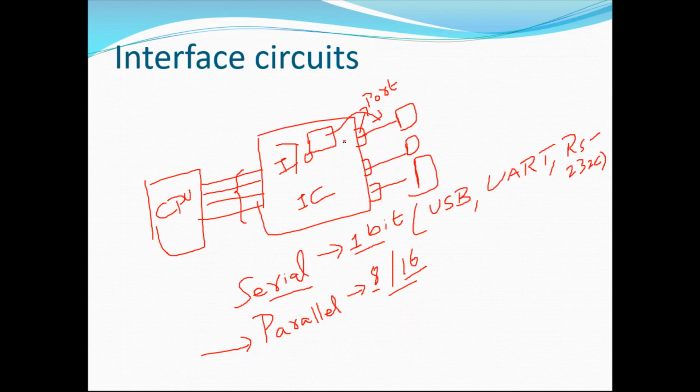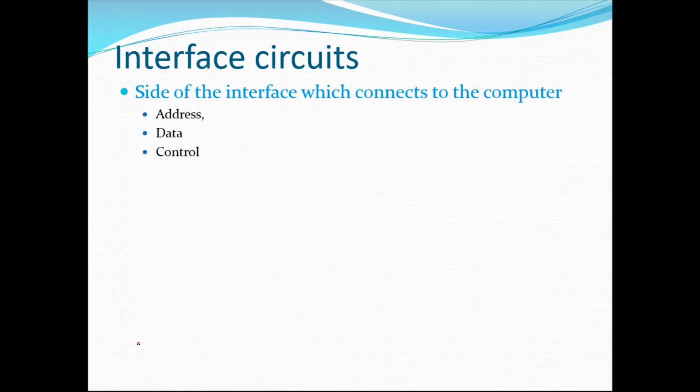Similarly, while reading from the IO device, the serial device is going to send the data serially, but the CPU wants parallel data. So while reading from the IO device also, we'll be using a shift register, which is used to convert the serial data to parallel and then send it to the processor. So this is a brief overview of what we are going to discuss in this lecture. The interface circuit interfaces the computer with the IO device, right?